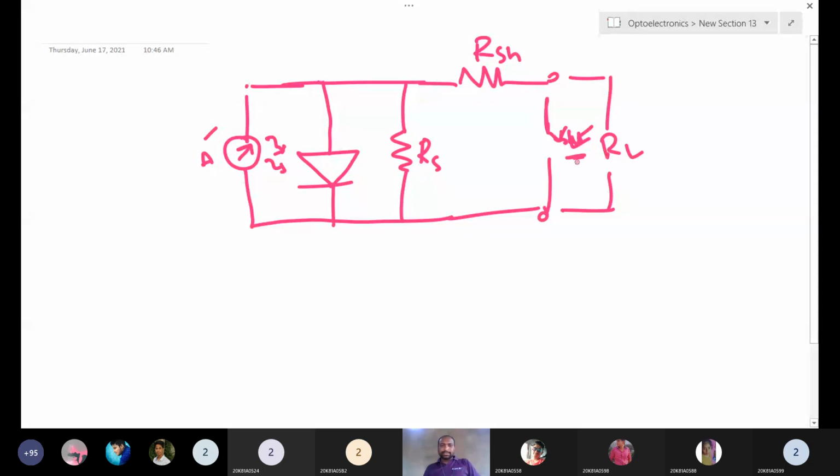Series resistance means these layers: suppose we have an N layer and a P layer. These layers are not perfect conductors, they are semiconductors. So these semiconductors have some resistance, which adds up as a series resistance. And also suppose electrons